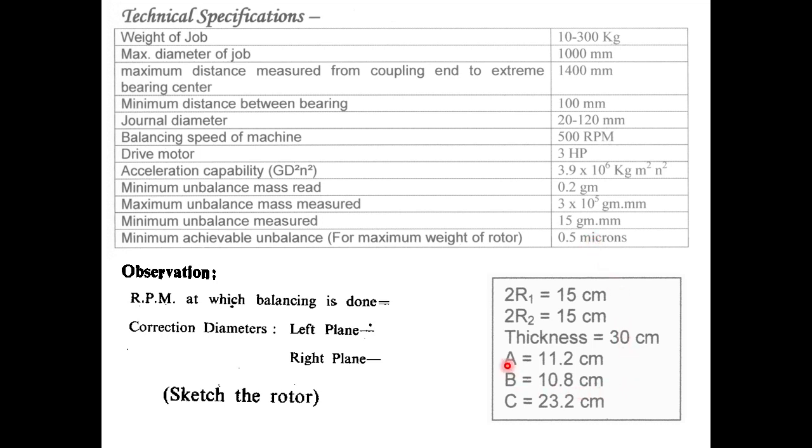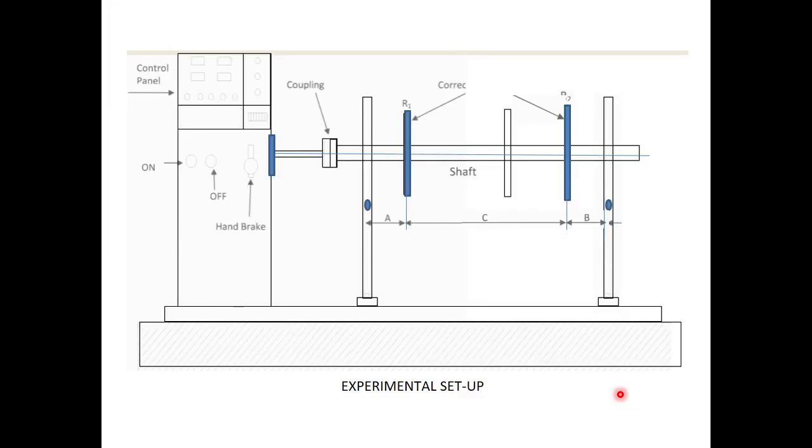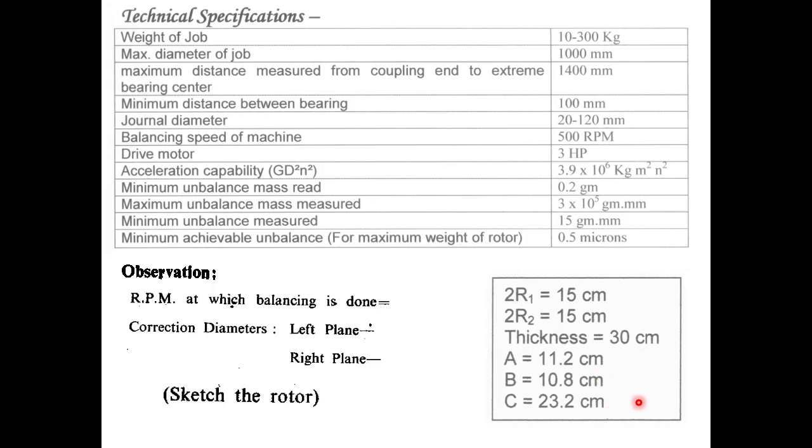Okay, a particular setting is shown here. We have only some 2-3 types of rotors. This is for a particular rotor setting. These are the dimensions. The distance between the correction mass and the bearing will not be the same on both sides, that is, on the left bearing and right bearing side. This distance A and B might not be the same. What is written here? Not the same.